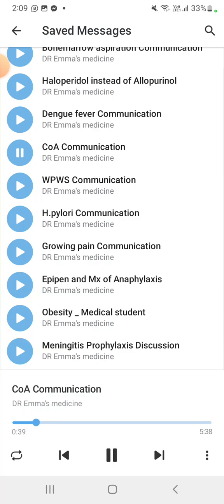Next, the same coarctation comes as a teenager with severe chest pain and fainting attacks that occurred twice, and who is recently intolerant to his usual sport activity. The task is to counsel his parents about the possible diagnosis and management of coarctation of aorta or aortic stenosis. So we'll tell them the signs of coarctation of aorta, how it is diagnosed by echo, and how it is treated with admission and surgery. This came in 2022.